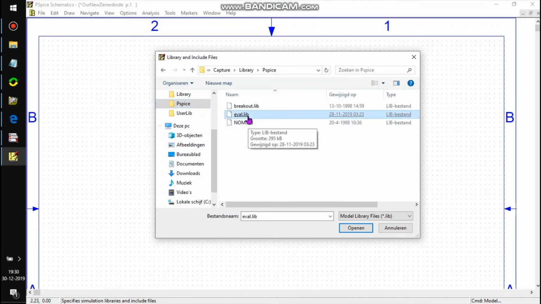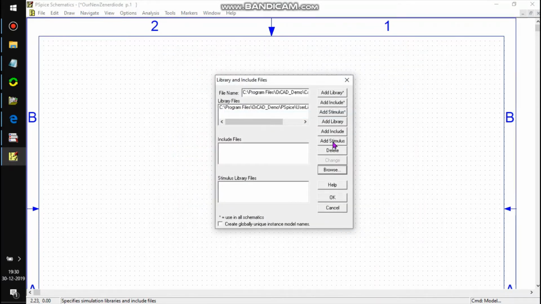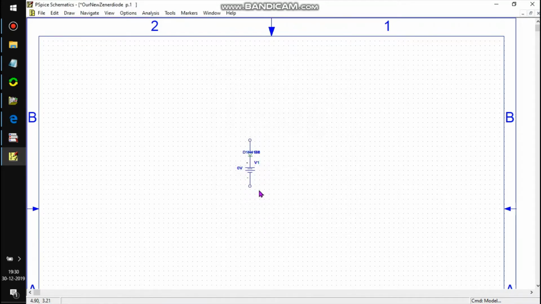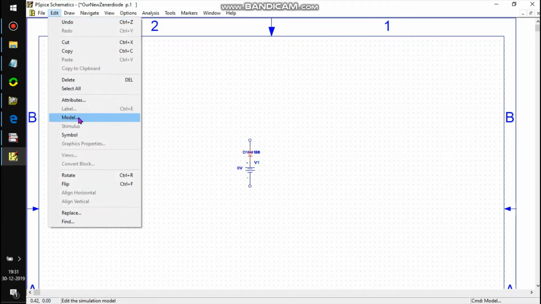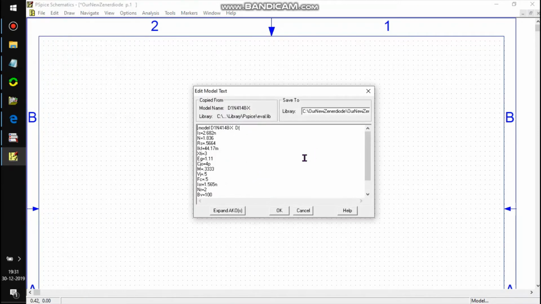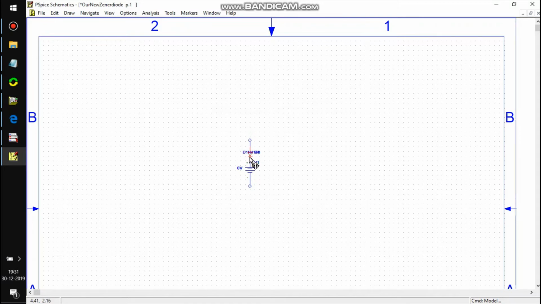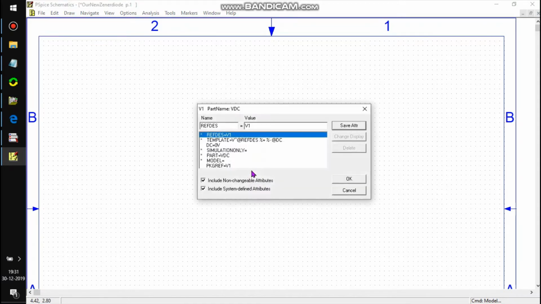It's here. Add library. Okay. Scientists have discovered that they have done measurements in the laboratory, and there's all those model parameters. And it happens, it is a 10-volt Zener diode. Sorry.